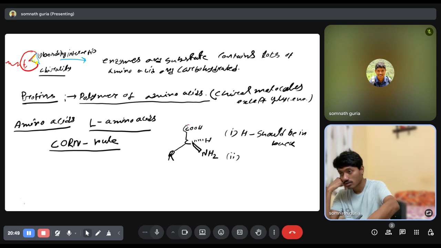This one is CO, this one will be the R, and this one will be the N. So the rotating direction of 1, 2, and 3 will be this way,